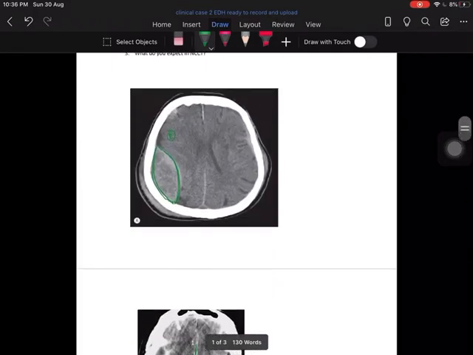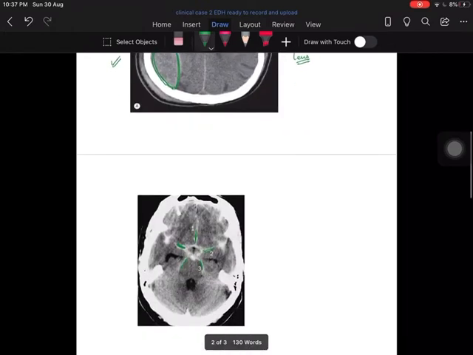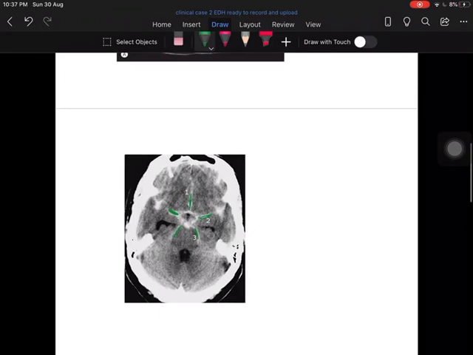The first image is seen in EDH. It is an arterial bleed, and it forms a lens shape. The second bleed which we see is typically known as the 5-star appearance, the 5-pointed star appearance,